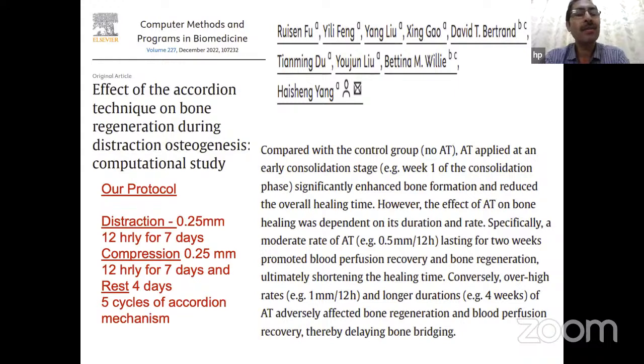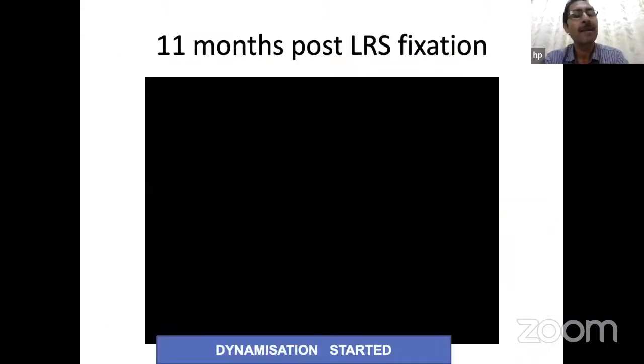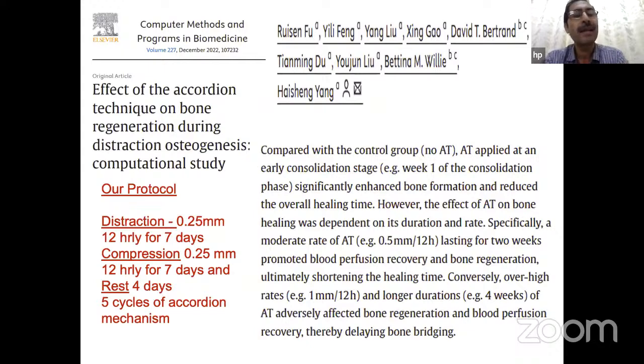In our case, we followed the protocol of distraction of 0.25 mm 12 RD for 7 days, followed by a rest of 3 days, then compression of 0.25 mm 12 RD for 3 days. One cycle of distraction, rest, compression, and rest makes 1 cycle. Similarly, we had to go for 5 cycles. And after that, in this next slide,